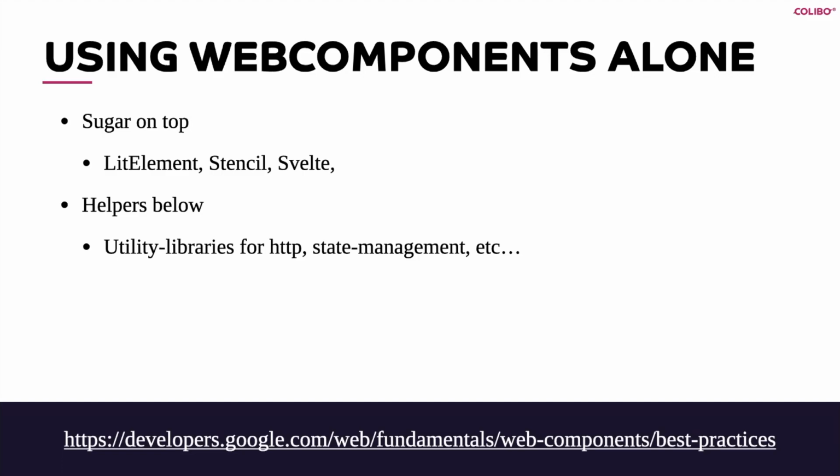Then of course we need some helpers below, like utility libraries for doing state management and HTTP and stuff. And that's getting closer to how people typically write React, right? So web components themselves are more or less just a replacement for what React comes with, and then you still need all the rest of it. So you still probably need Redux or something to handle state management, and you need Axios or something to handle HTTP requests, and there are multiple mini libraries and utilities to handle all those cases. And I really like that the platform is at a place now where the framework part of it is less necessary than it was a couple of years ago.